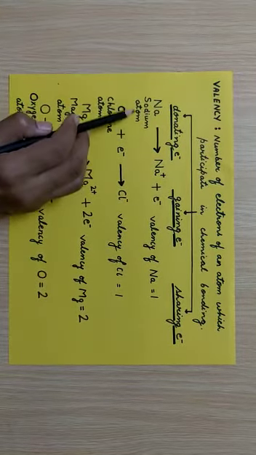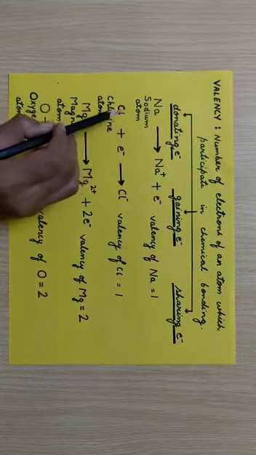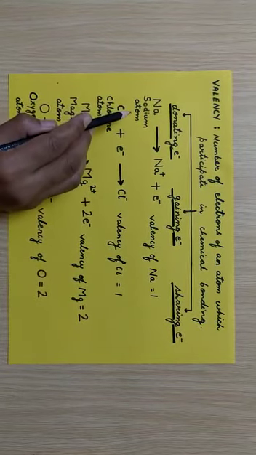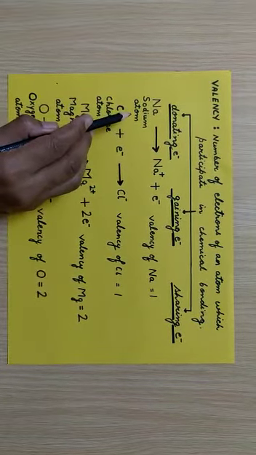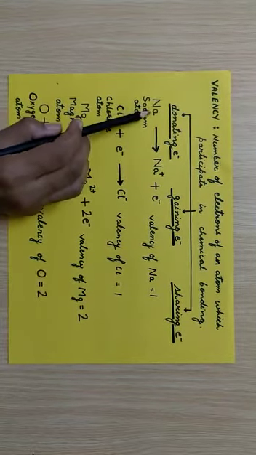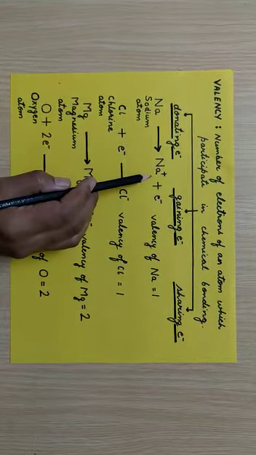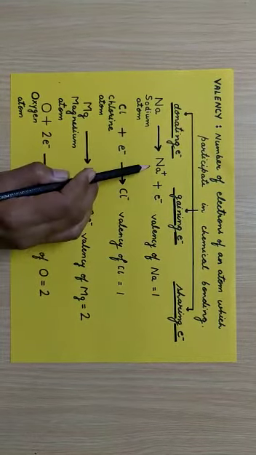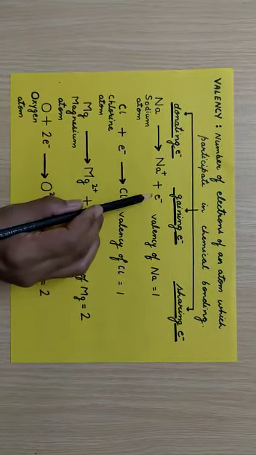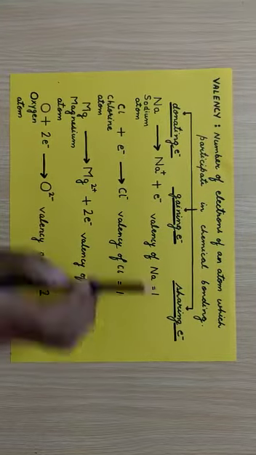Now first let us have a look at the sodium atom. The first thing you must know is that all atoms are always neutral in nature. They do not carry any charge. Now coming to the sodium atom. The sodium atom, while combining with other elements, always loses one electron and forms the sodium ion, that is Na+. Because the sodium atom always loses one electron, the valency of sodium is 1.